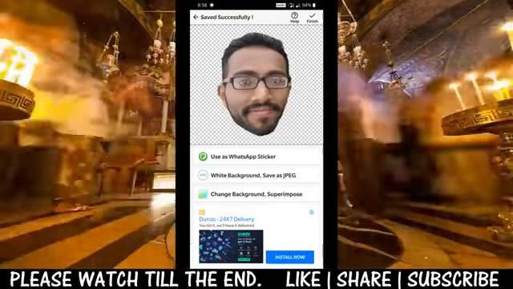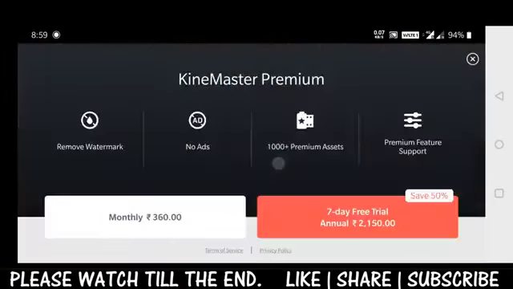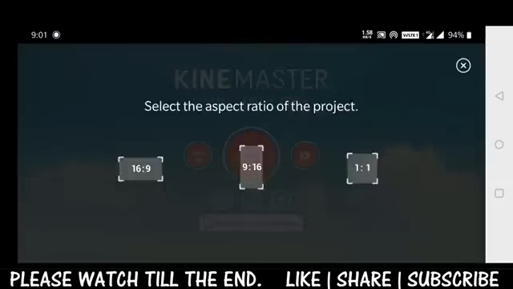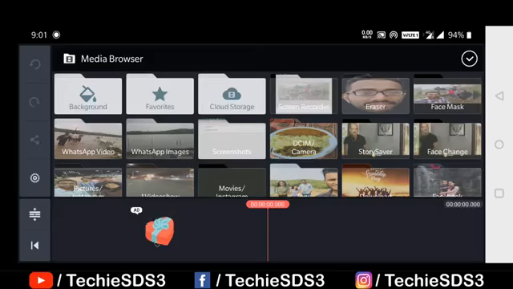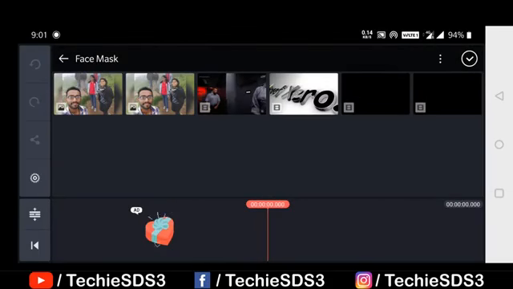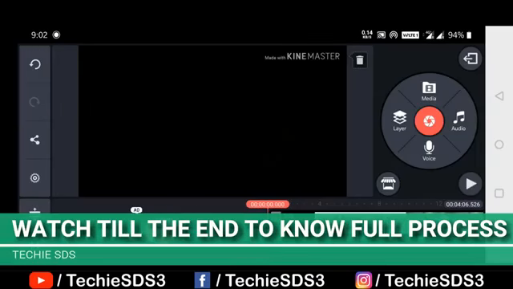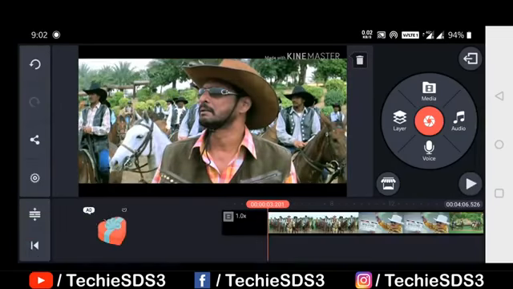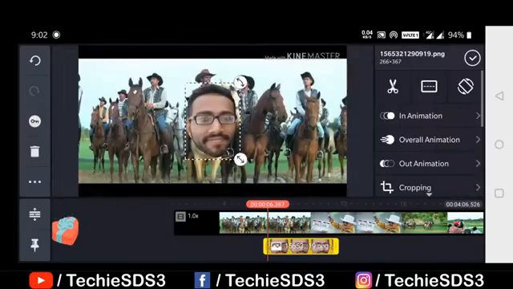So now open up KineMaster video editor app. So allow access. Then here first of all import the main video. So I'll take this part of the video from the movie Welcome. I hope you all have watched this movie, guys. It's really entertaining one. So I imported this video. Next, import the face which we have cropped just now.